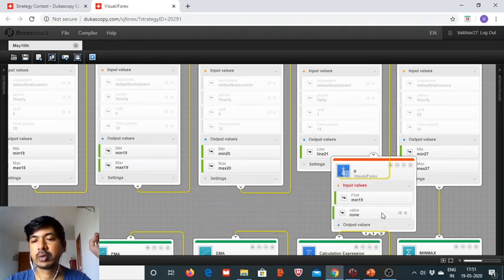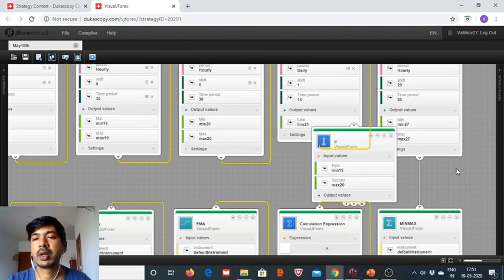So minima 19 should be equal to minima 20,